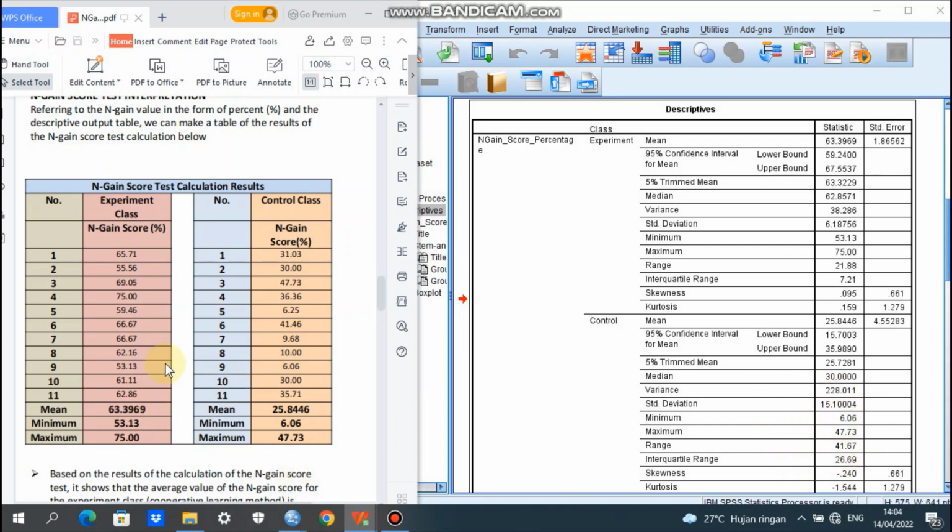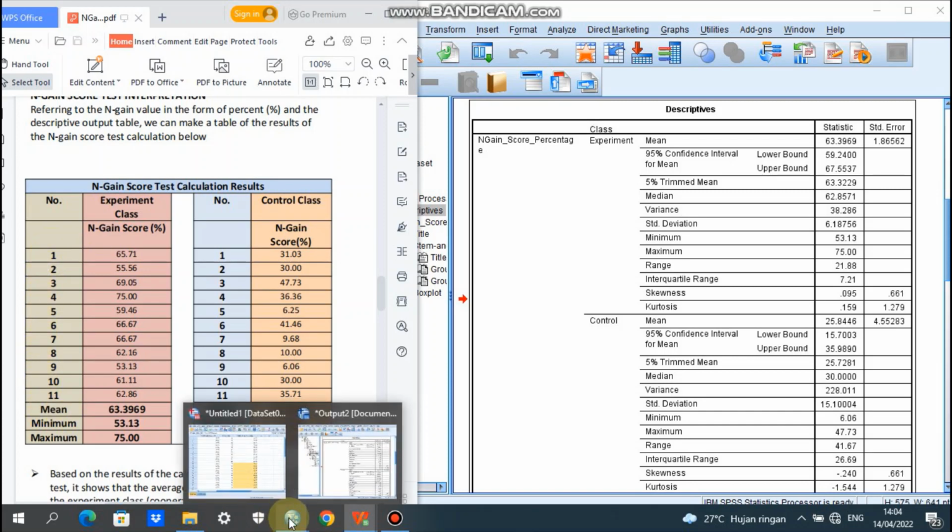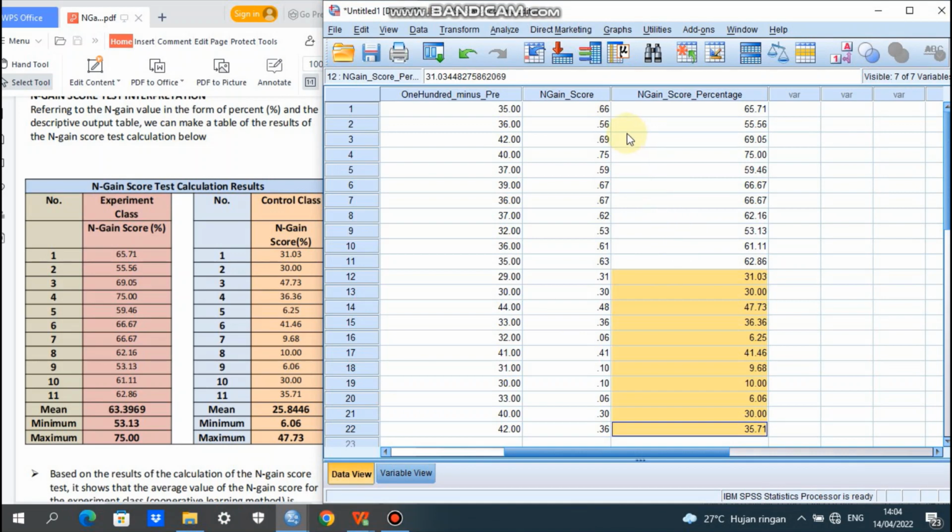And then we can see here experimental class N-gain score percentage for the participant number 1 until 11. We can get it from the variable of N-gain scores percentage from SPSS, here from participant number 1 until 11. It is 65.71 until